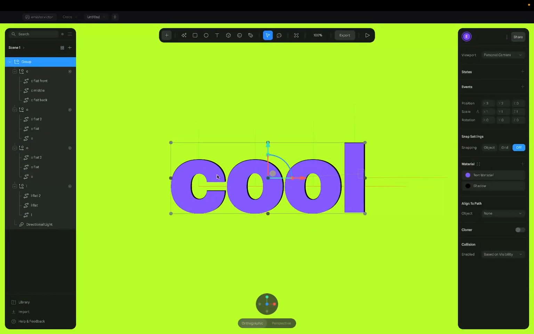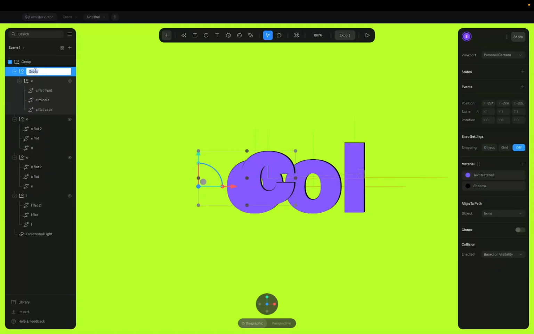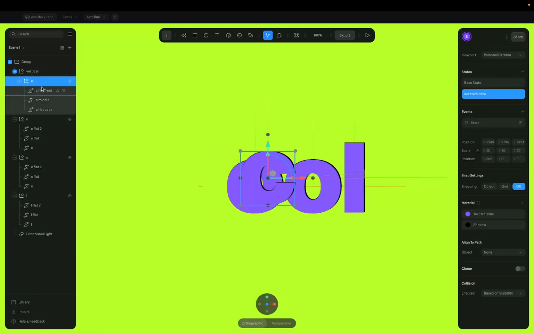So to do that, what you need to do is select all the groups. This C group now, you're going to group it again, select the C group and then group it again and call this one, let me just call it up and down. Vertical. Let me call it vertical. So this vertical group has the C group inside of it, the C group that contains all the